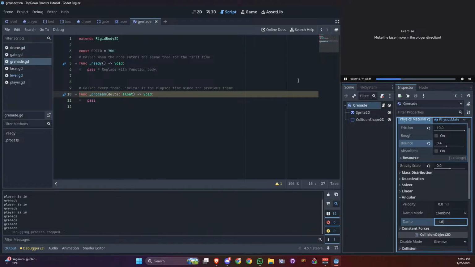However, what I do want to practice is the laser, and this is the one part of the game that we definitely have to work on. I want you guys to move the laser in the player direction, like we have done for the grenade. Pause the video now, try to